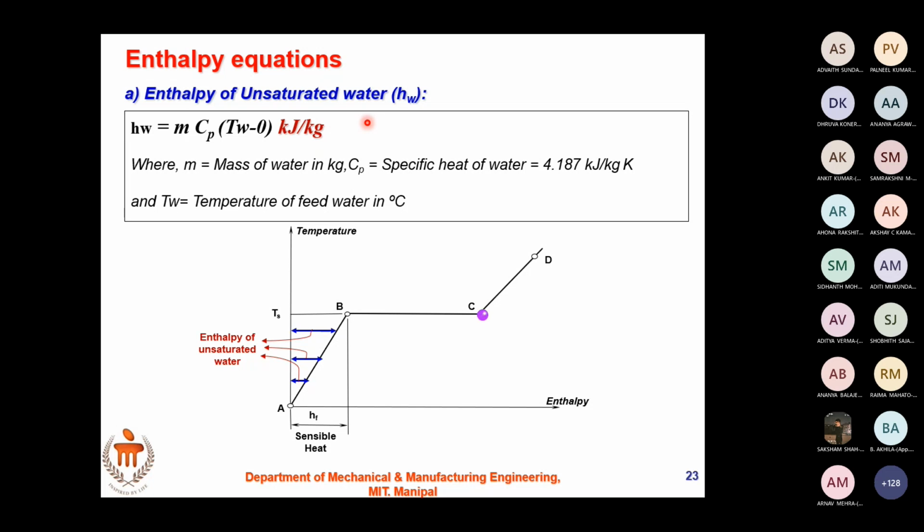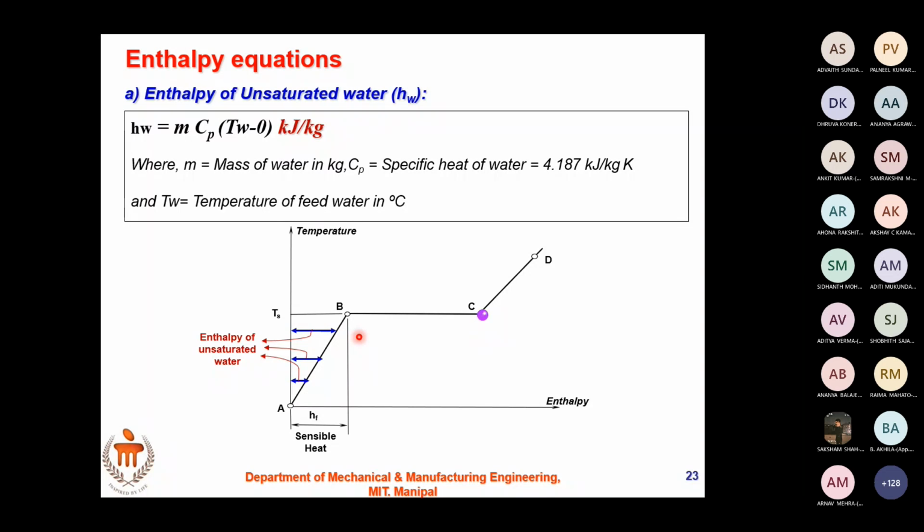Complete it. Ma'am, from 0 degrees Celsius. Right. 0 degrees Celsius to? Its saturation point at the given pressure. No, it's not saturation point. When it reaches saturation point, it becomes saturated water. I am not using saturated here, it's unsaturated water only. From 0 degrees Celsius to saturated temperature? No. Ma'am, any temperature below saturation temperature. Yes, exactly right.